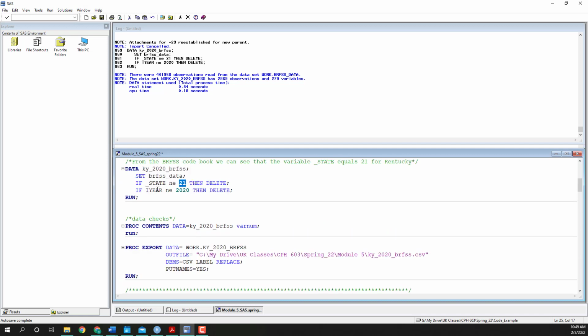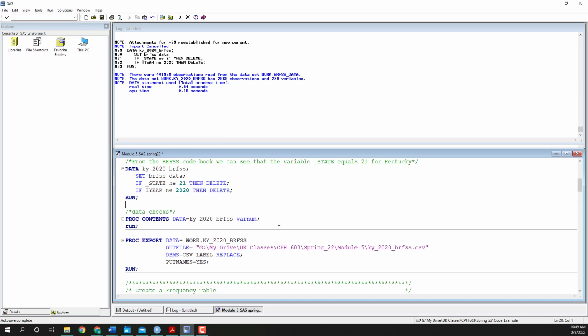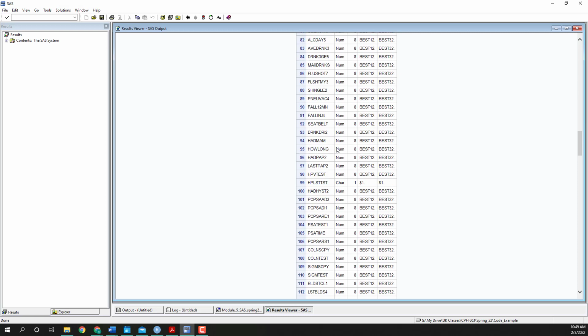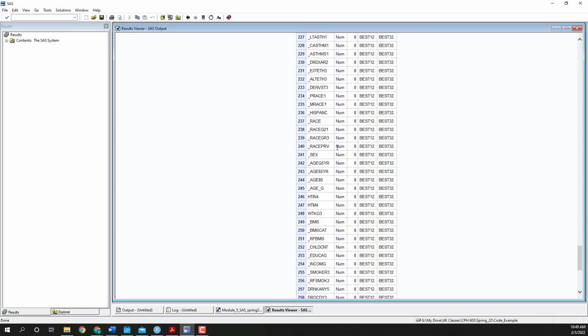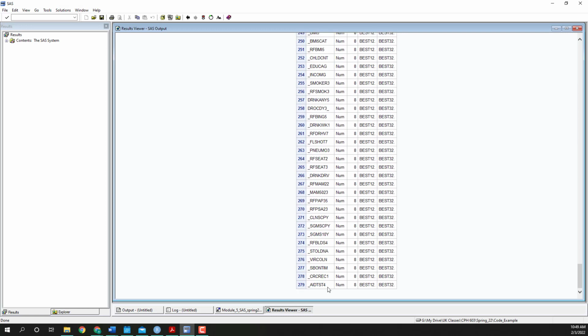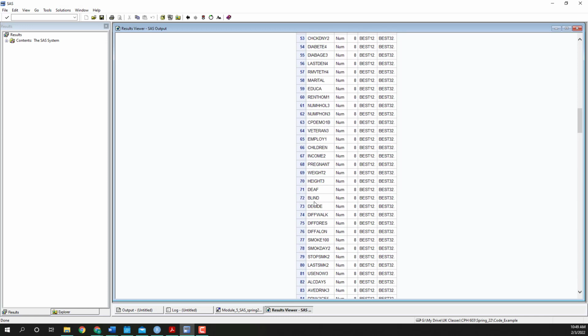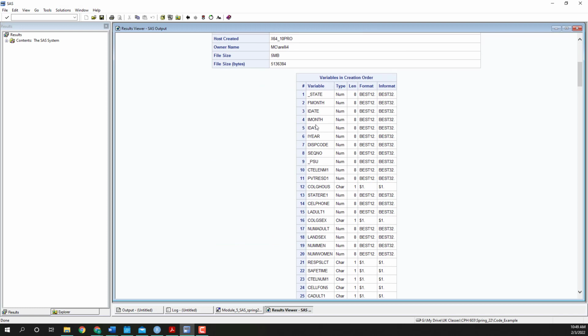Now we can do some data checks. In the past we saw proc print. This data set's still pretty big, so I probably wouldn't use proc print on it to look at the entire thing, but you can look at proc contents, and that is going to pull up the different variables that are in the data set, and you can see there's 279 of them. Each one of these variables will correspond to a variable that's in the code book. So you can use this as a quick way to see the variable names and then search for those in